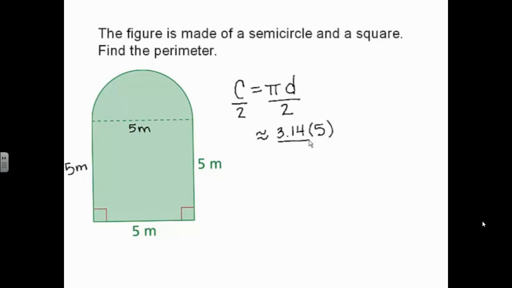And then divide by 2. So 3.14 times 5 is equal to 15.7. Then we divide by 2. 15.7 divided by 2 is 7.85. So now we can label the semicircle as